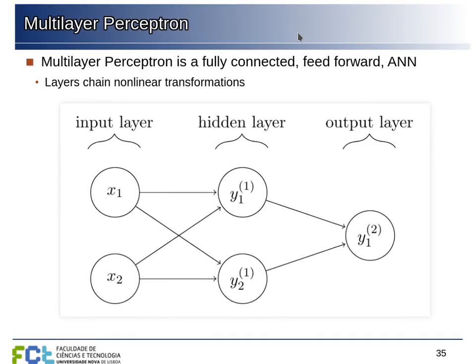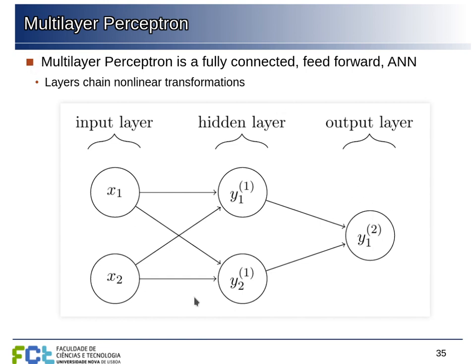The idea is that we have one output layer. It can be composed of one neuron or more. And then we have several hidden layers, which are called hidden because we are not directly seeing the output of those neurons. And the input layer is basically the input vector that we're going to feed into our network. So this would be an example of a network composed of 3 neurons, where we have 2 neurons in the hidden layer and 1 neuron in the output for classification.